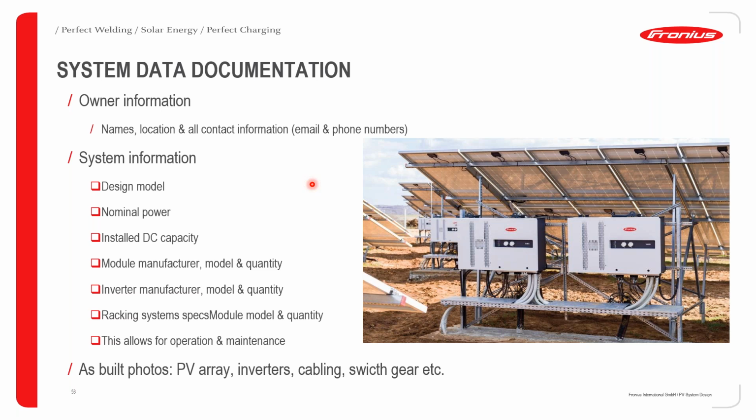In terms of the system itself, you need to be able to record all the data that is concerned with the system. What is the design model, nominal design power, installed DC capacity? What are the module parameters or details, including the manufacturer, model, and quantity? What is the inverter? Who is the inverter manufacturer, in this case, Fronius, the model and the quantity that you have in the system? The racking system specs, including the model as well as the quantity used for the racking system. And this allows for proper operation and maintenance in future,